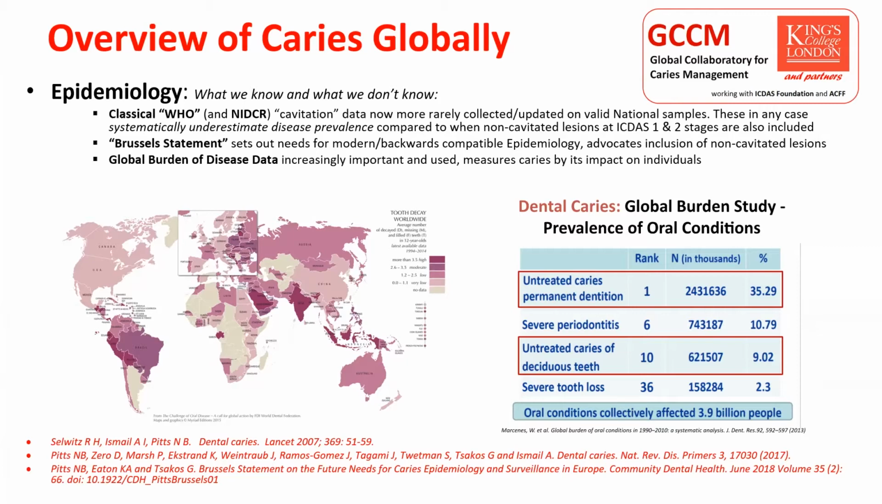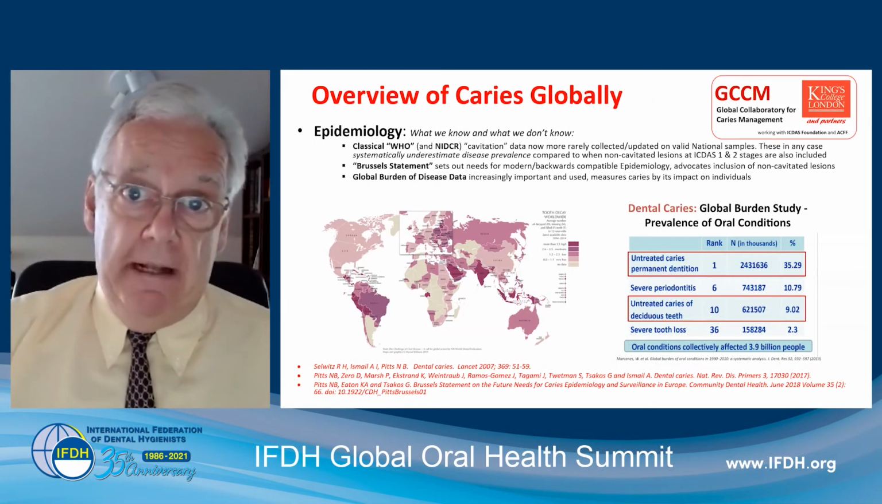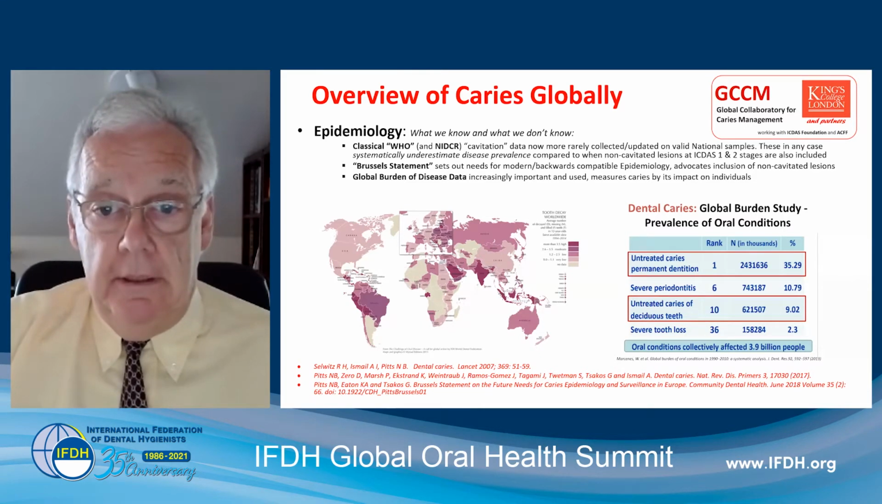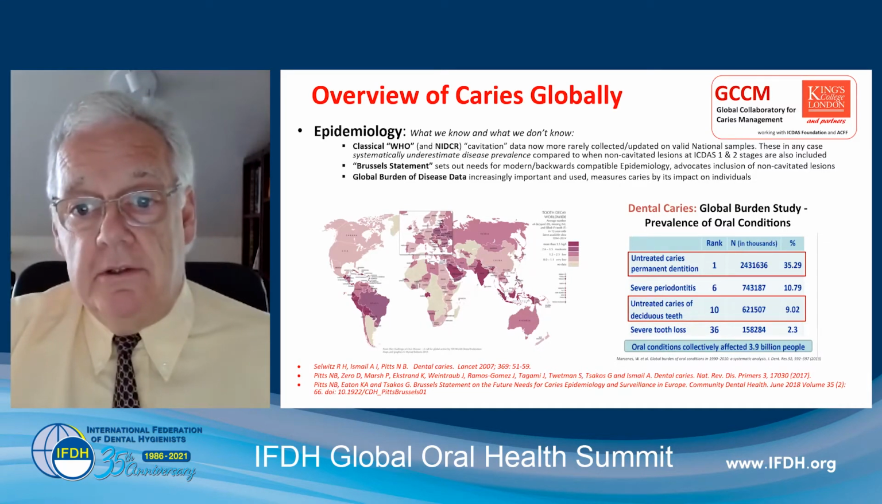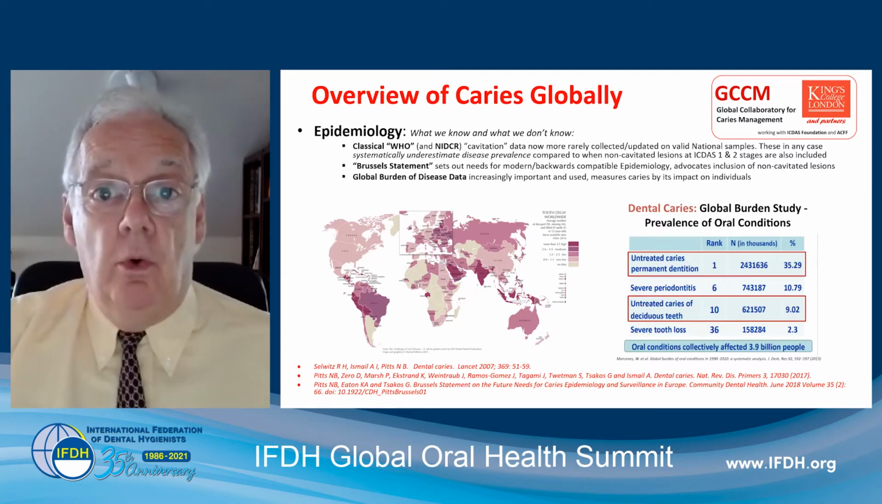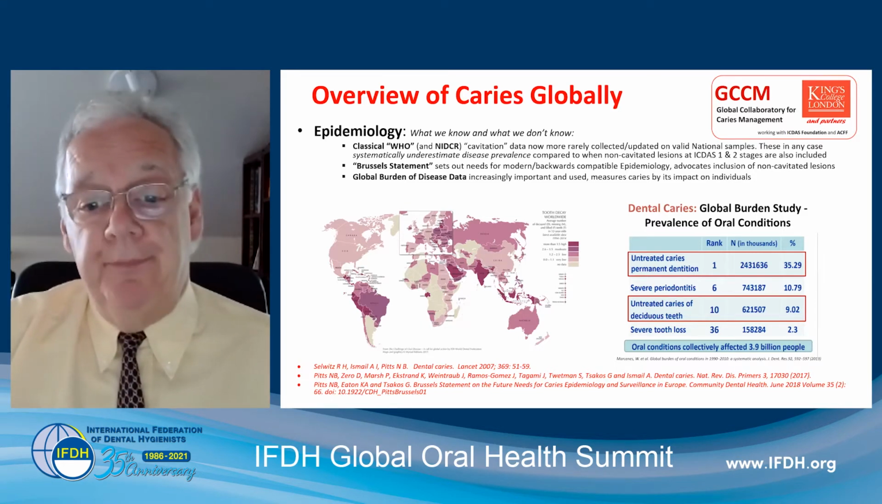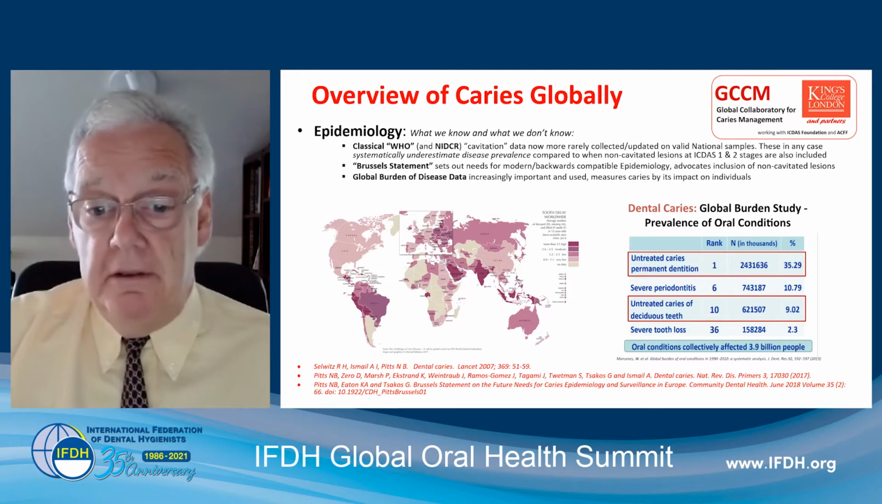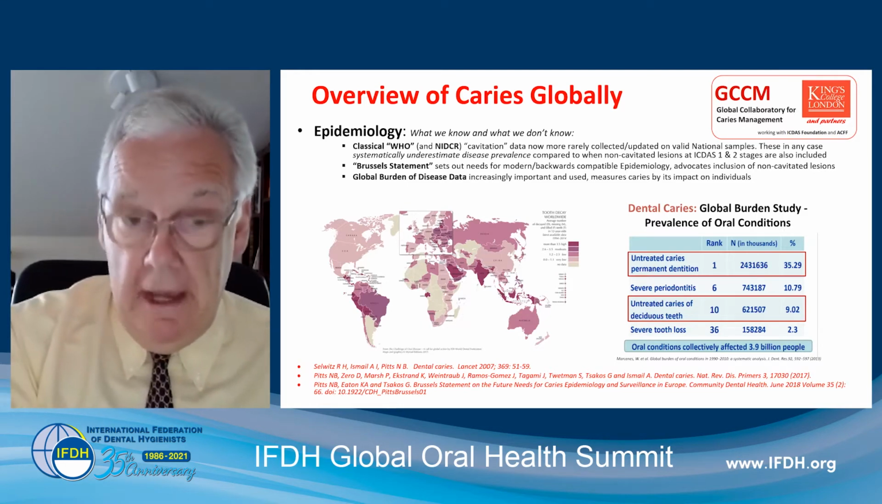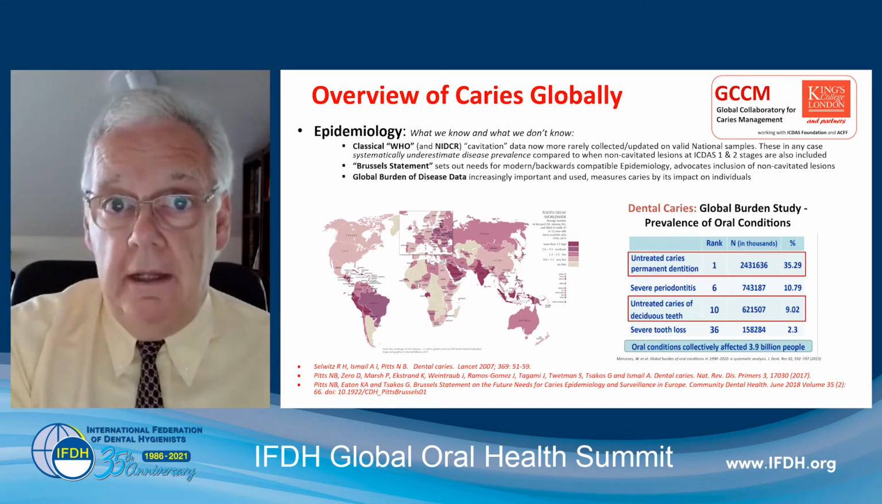So that's a challenge, and we've made recommendations through the Brussels statement about how we can upgrade epidemiology and data collection. It's really quite important to move forward to evaluate what we actually achieve. However, on the right-hand side of the slide, you can see the summary results from the Global Burden of Diseases study that looked at all diseases, and untreated caries in the permanent dentition is #1. Untreated caries in deciduous teeth, #10. So caries is a big deal, but unfortunately not many people know that in the policy space and in many